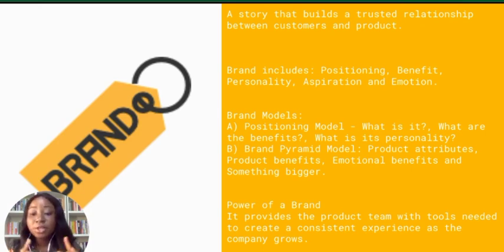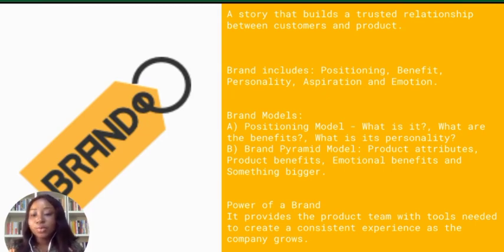And for you to successfully do this, you have to be able to answer this question: what is this product that I'm shipping to the market? Another thing is, what are the benefits, right? And that is why being a product manager is not all about just building products. You have to ensure that you are building the right product for the right persons, right? Because it doesn't make sense that you have a product and your users can't even benefit from it.